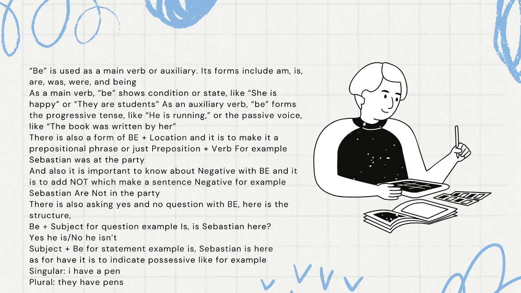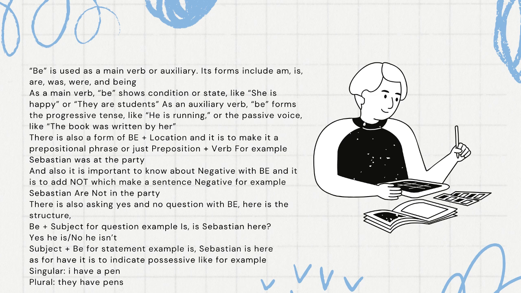Okay, so first of all, we have Chapter 1, Be and Have. So, for the sake of simplicity, what is be and have? For that, I can say that be is used as a main verb or auxiliary. Its forms include is, are, was, were, and being. As a main verb, be shows condition or state, like she is happy or they are students. As an auxiliary verb, be forms the progressive tense, like he is running, or the passive tense, like the book